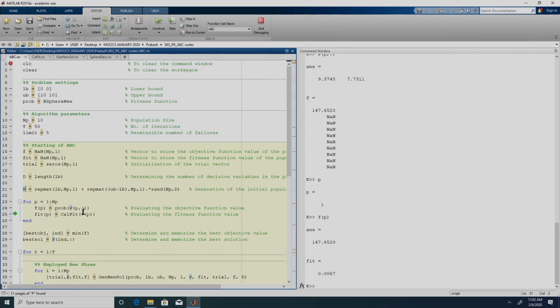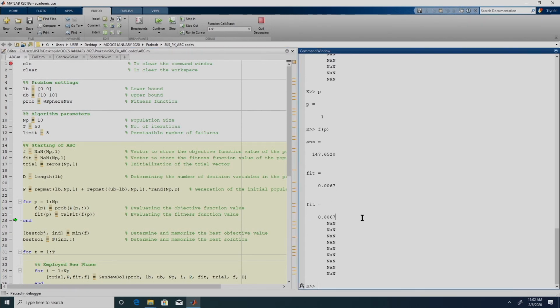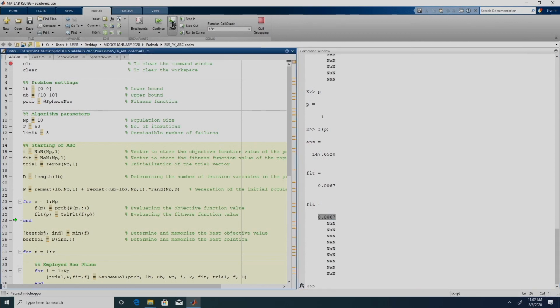Every time it is going to populate f of p and fitness of p. Here, f has been populated 147.6520 and fitness is 0.0067. If we keep doing this, the objective function and the fitness function of all the 10 members would get determined.